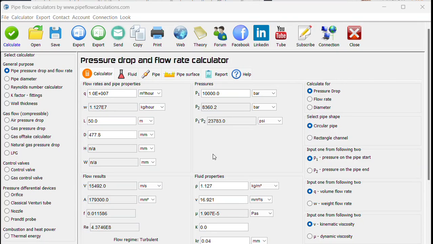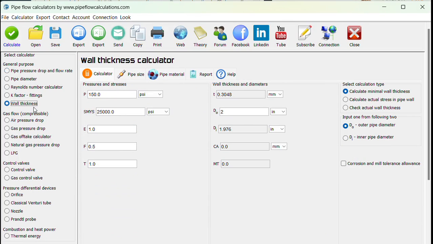To begin with, select the calculator for calculating the pipe wall thickness from the list of calculators on the left. Task: